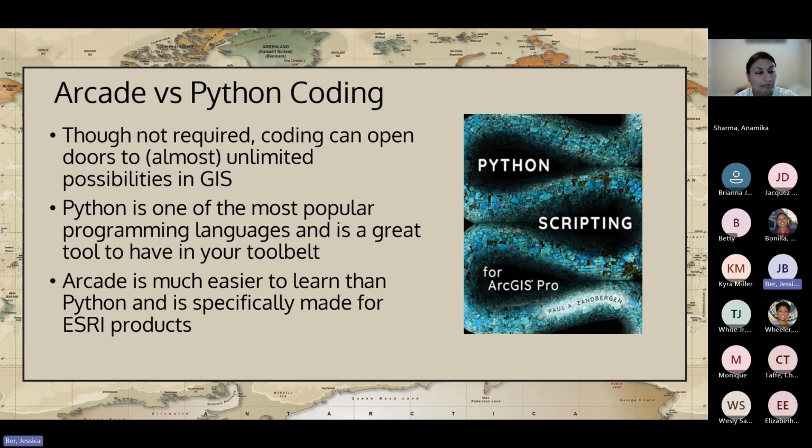There's Arcade and Python. Now, you probably never heard of Arcade, and that's totally fine and would make sense because Esri created Arcade. That's their programming language. That belongs to them. So they made it just for their products. That's what they use. And because of that, it's not like a handy dandy tool to,